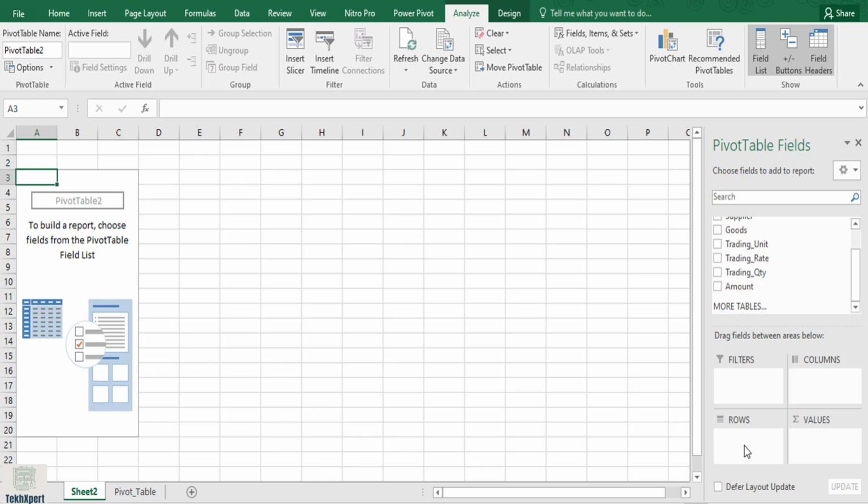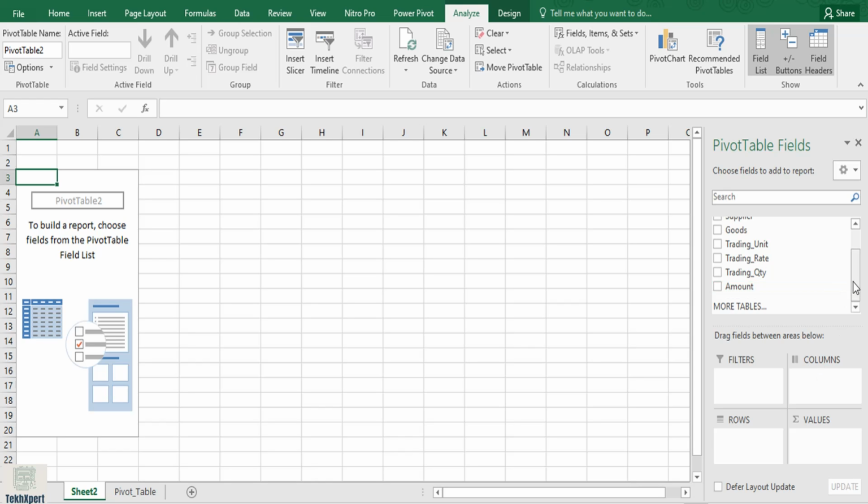Rows is the section which helps you to put your data to be displayed in rows. Values is the section which helps you to apply the aggregate function on your selected data. Columns is the section which helps you to select the columns.